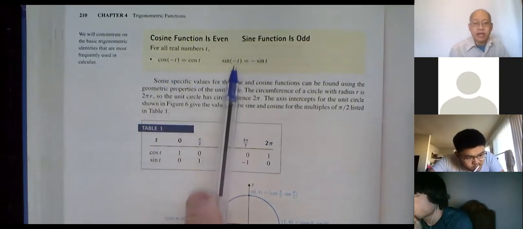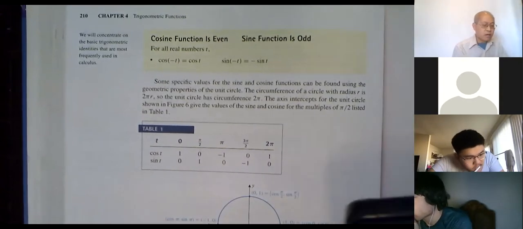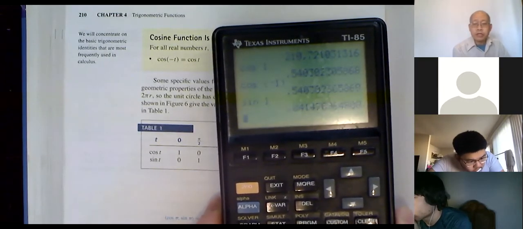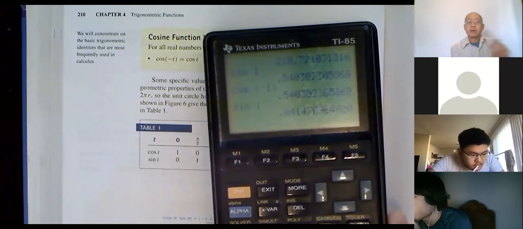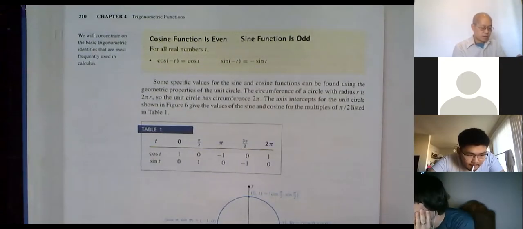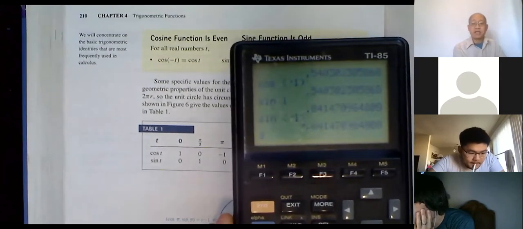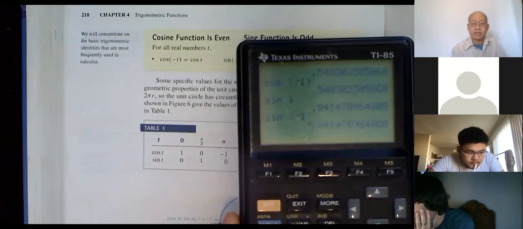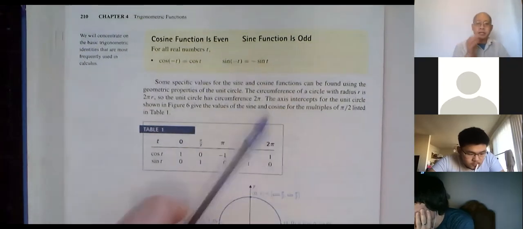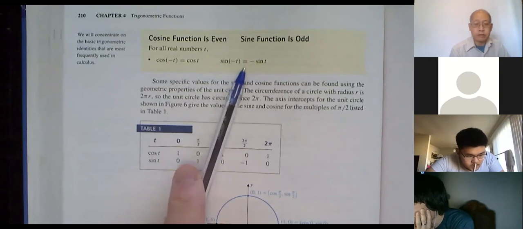The sine of negative an angle is the opposite of the sine of an angle. Okay, so let me hit sine of 1 radian, 0.84 something. So according to this theory, if I hit sine of -1, I should get negative 0.84. Okay. Sine of -1. And there it is, negative 0.84. Everything else is exactly the same. Okay. So sine is an odd function, which means it will have symmetry with respect to the origin. It will have origin symmetry.